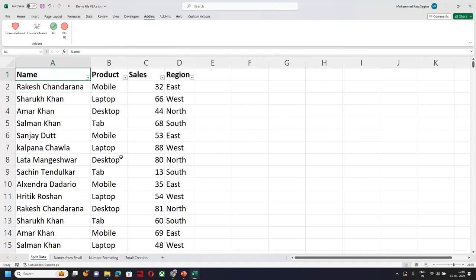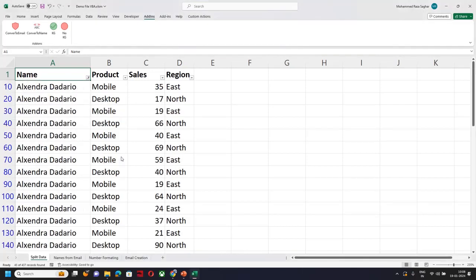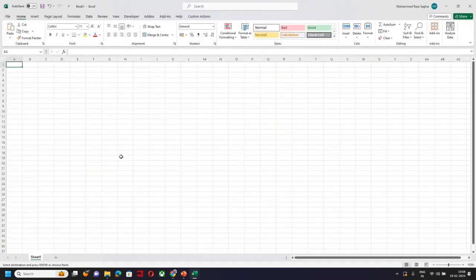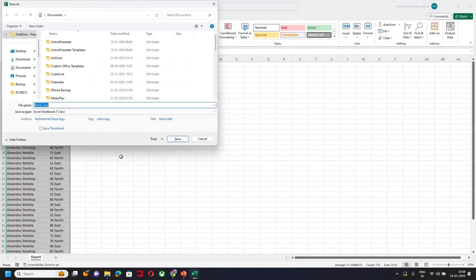Whereas I want to create a file separately for each individual. So what I'll need to do is filter, select, copy, paste it into new files, and save each with a specific name, let's say the name of the person, without making a spelling mistake.